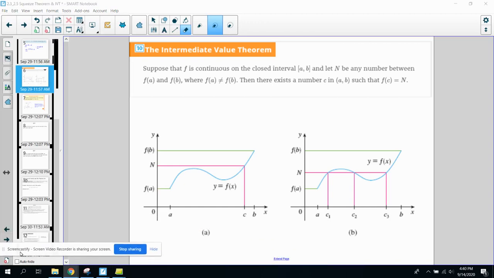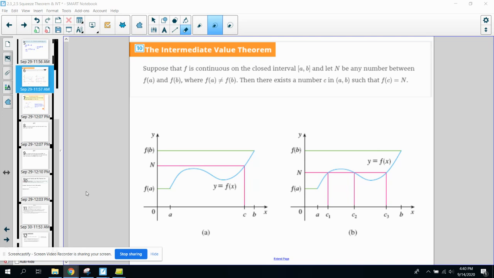So now we're going to talk about the intermediate value theorem. Suppose that f is continuous on the closed interval a to b, and let n be any number between f of a and f of b, where f of a is not equal to f of b. Then there exists a number c in the interval from a to b, such that f of c is equal